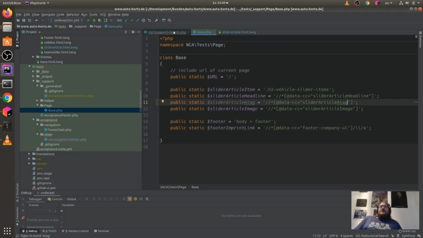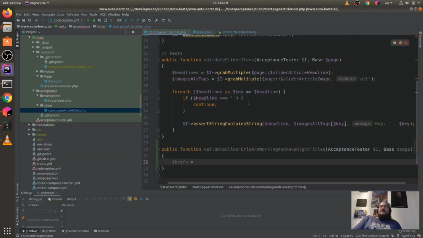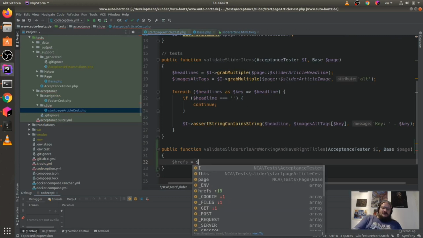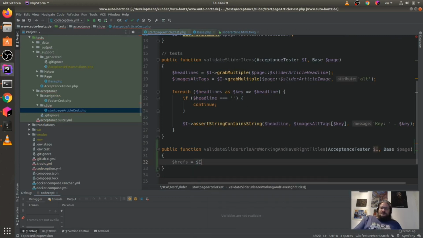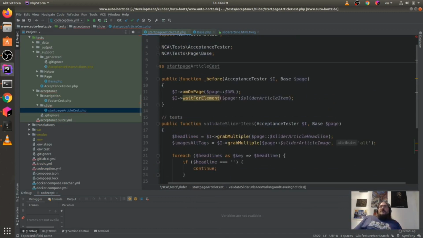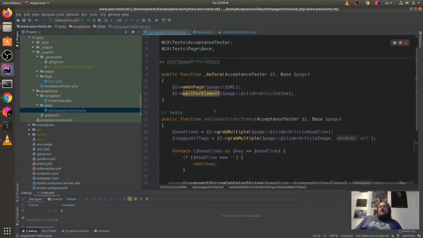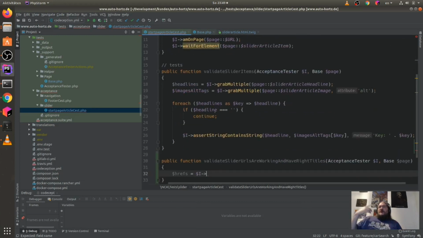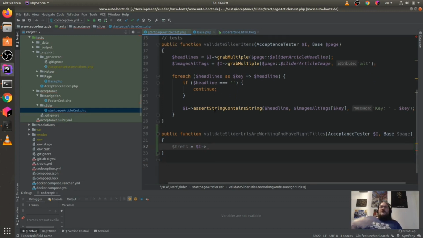Now we will go back to our test and say, okay, please, $I. This page is now already loaded because our before will run before every public function or every test here. We have here also a setting that it will not reload the browser every time.